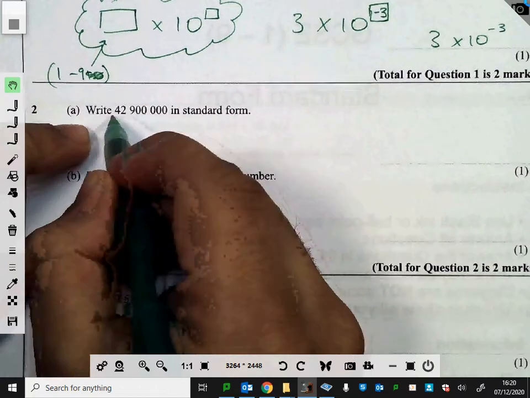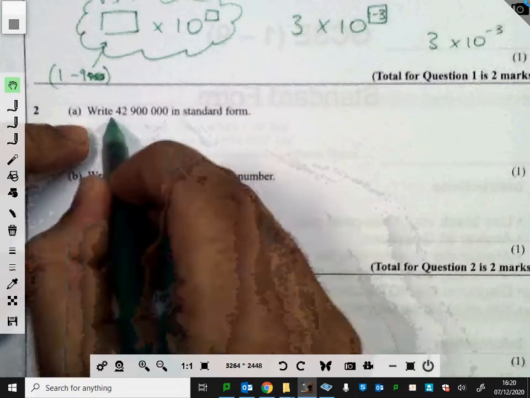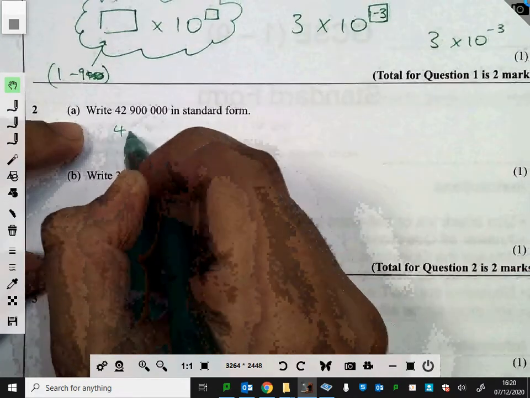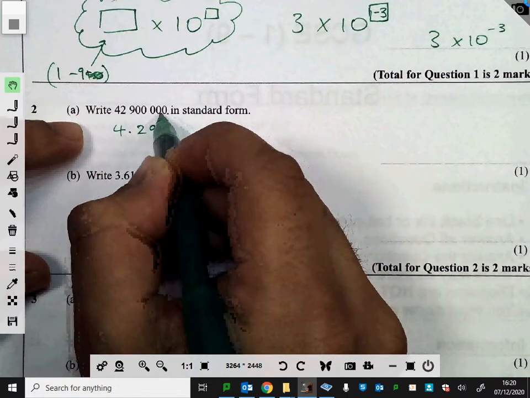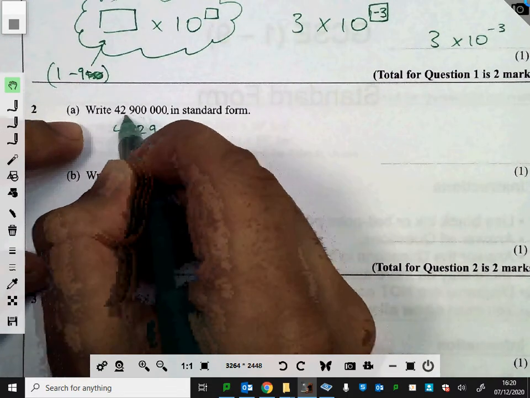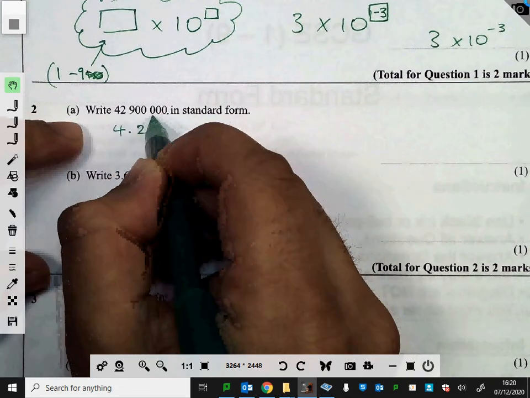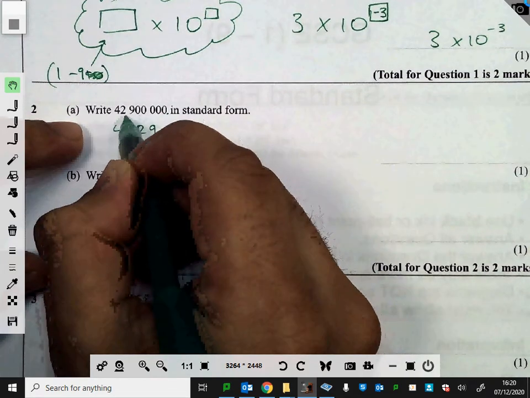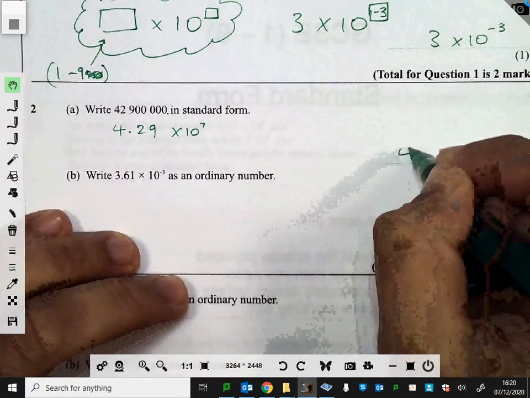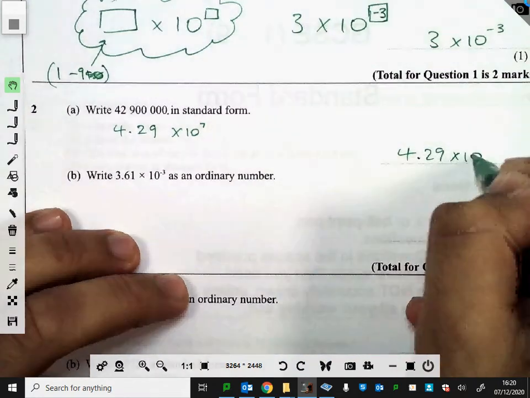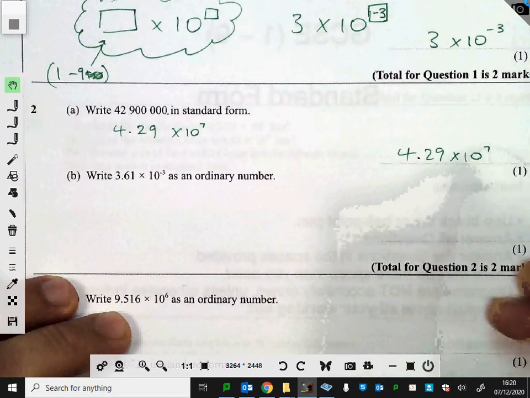So again, this number, so between 1 and 9, that's going to be 4.29, and now I just need to count how many places I need to move this to get there. Alright, so 1, 2, 3, 4, 5, 6, 7. So it's times 10 to the power of 7. There's my answer, 4.29 times 10 to the 7. And then finally,